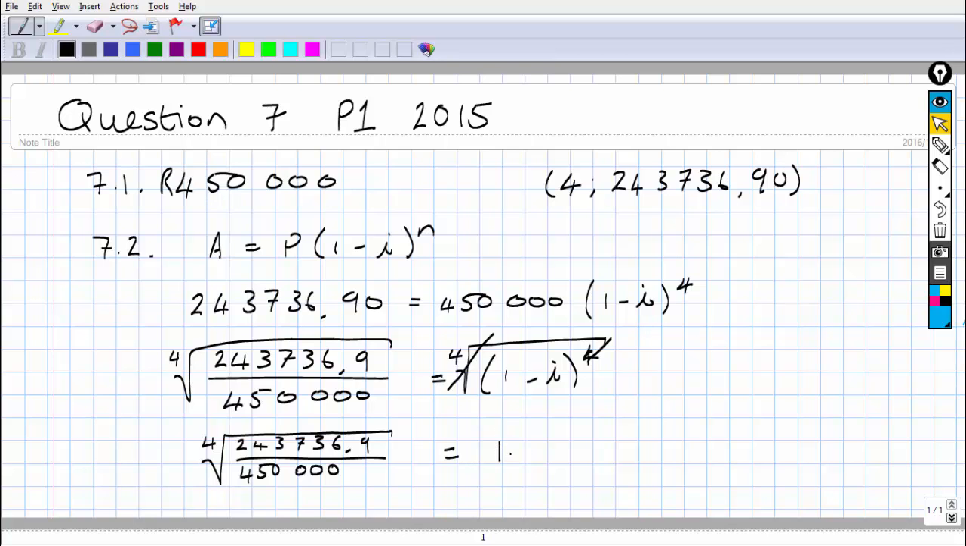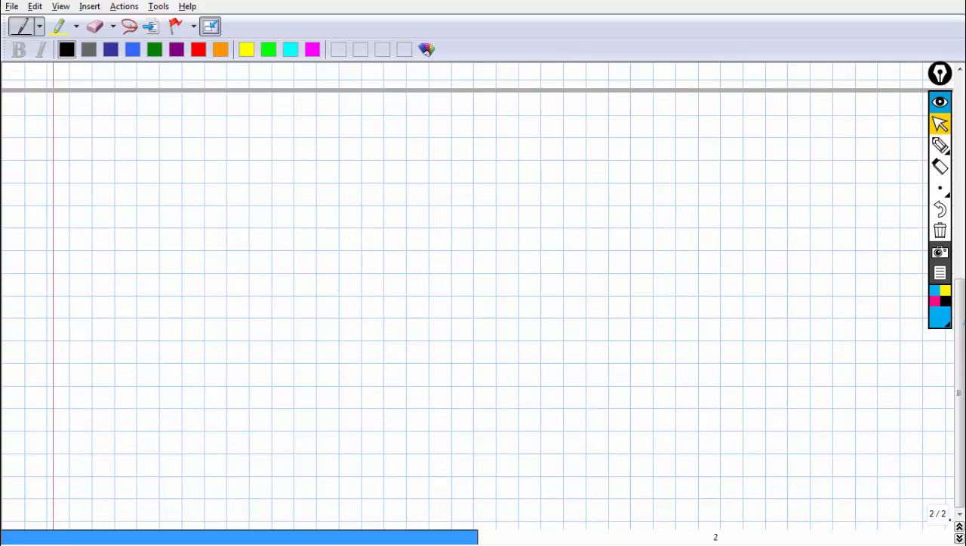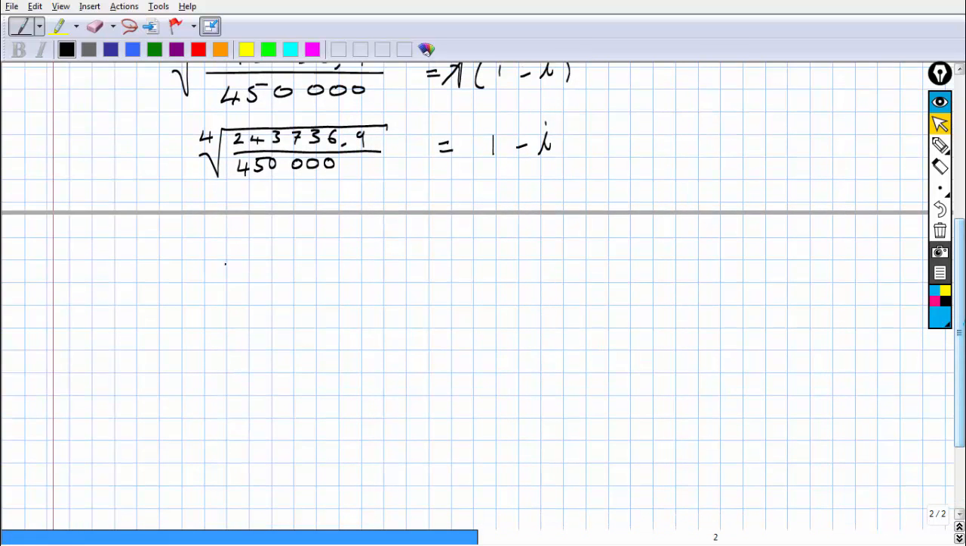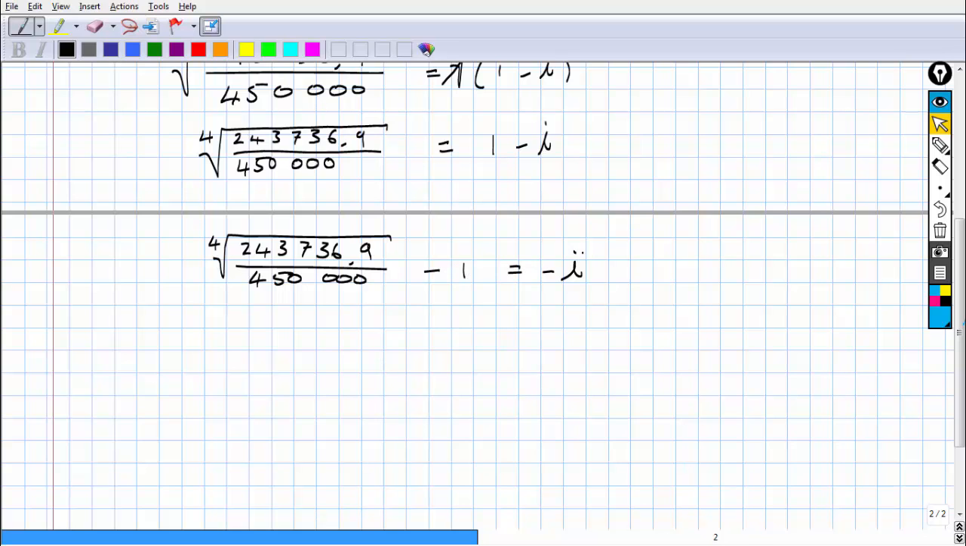So now you have 1 minus I. You want to take this 1 across, so we take this 1 across, and we have the fourth root of this thing, 243736.9 divided by 450,000 minus 1 equals negative I. Obviously, this guy's going to be less than 1, minus 1, so we're going to get negatives on both sides, and we're going to drop the negatives then, and we're going to get I is equal to